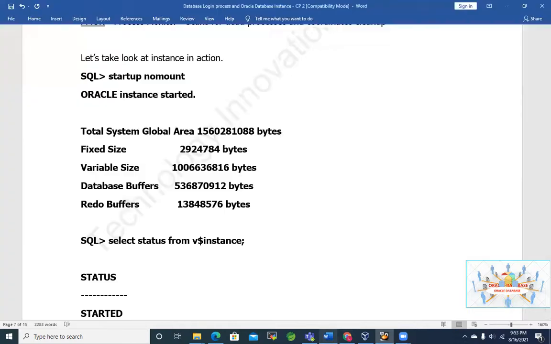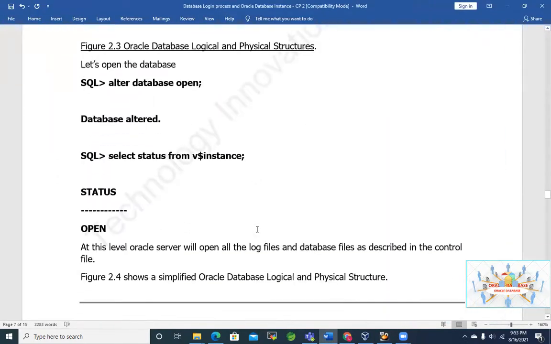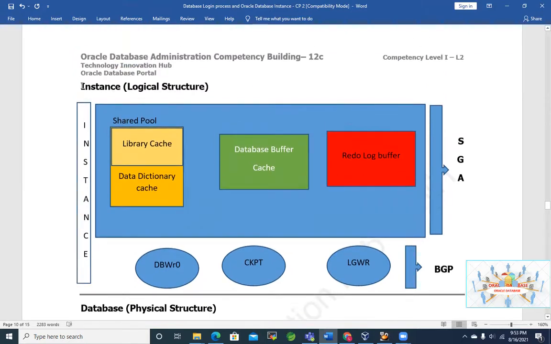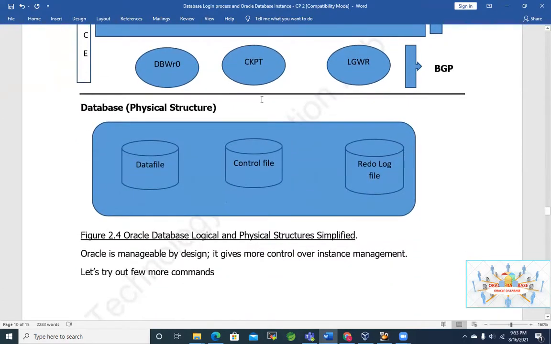If you take a look at the graphical representation again, I think this is more clear here. You can see the first thing is this: the instance came up with the startup nomount command. This is what came up, the Oracle instance, right? This top component is the logical structure. Instance, logical structure. Then we ran the mount command, which caused the control file, this component,